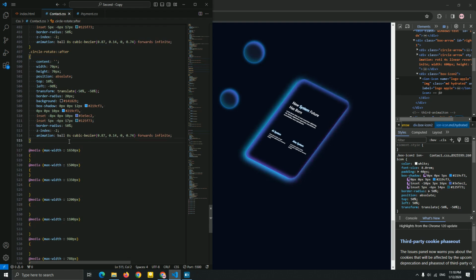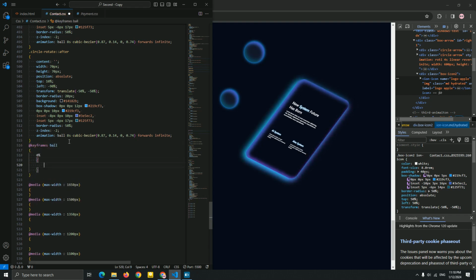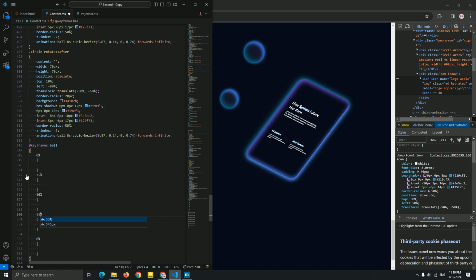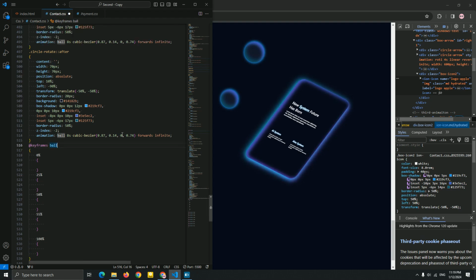Now for this animation of the balls, first let me just create in keyframes. Ball, 0% and copy paste it, 25%, 15%, and this be 55% instead of 75%, and 100%. So what I want to add here, I want to add a matrix 3D to just like be a fall line to this card. So how to create it?